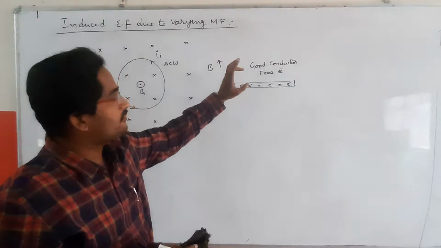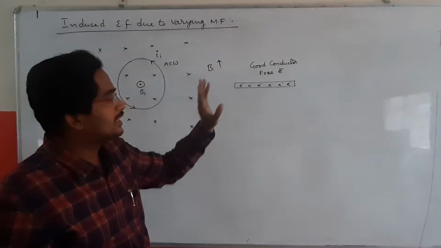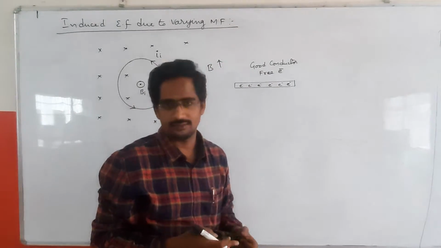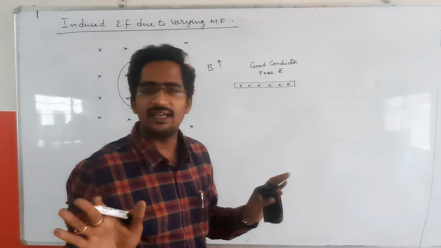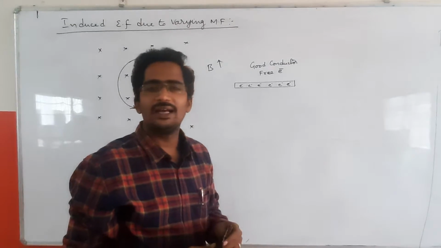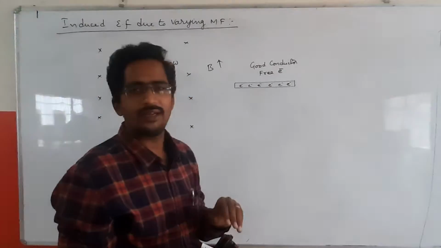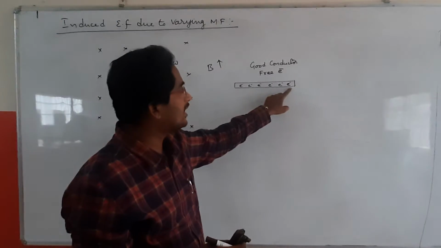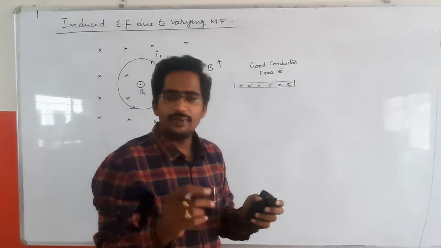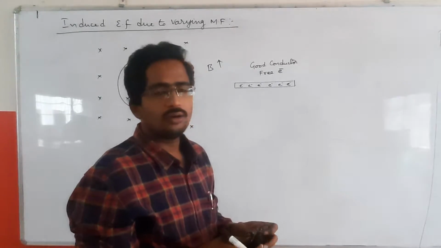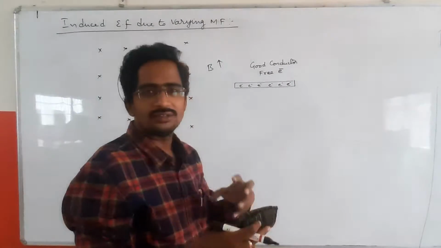Whenever it consists of free electrons, then only conductivity is possible, that means electricity can flow through it. But if you don't have free electrons, no flow of current takes place inside the conductor, and then it is called an insulator. Anyhow, free electrons are there, but are they moving now? No, but maybe they are vibrating at their places due to thermal agitation or thermal energy. But now we want to send the current through this.